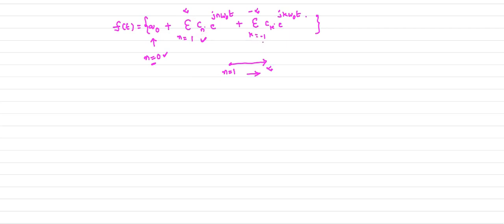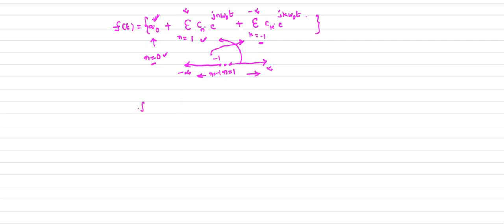Now in this expression, if you observe, k is ranging, just the variable is changing. k is ranging from minus 1 to minus infinity. So this summation corresponds to minus 1 to minus infinity. So n is ranging from minus 1 to minus infinity in this direction. So this summation corresponds to n equal to 1 to infinity, and n equal to 0 corresponds to this factor.